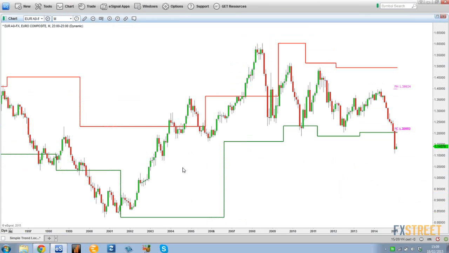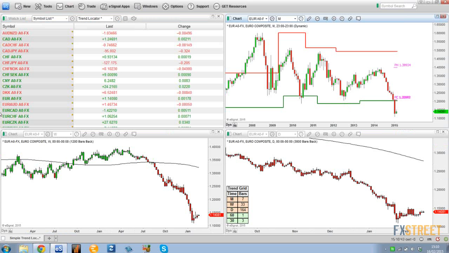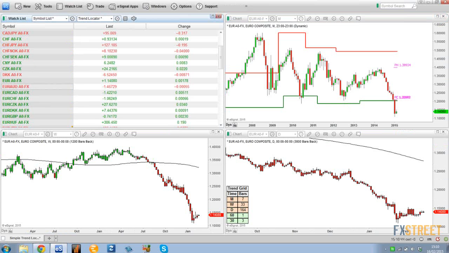Okay, if we go to the euro dollar, you can see the euro dollar as well, 2002 to 2005, nice bull trend. Then we had a correction, and then 2006 all the way through to 2008, a nice bull trend. Since then, we've had short trends in this. So looking at the euro dollar, we've got clean trends that have repeated. Okay, we look at the euro Aussie dollar.